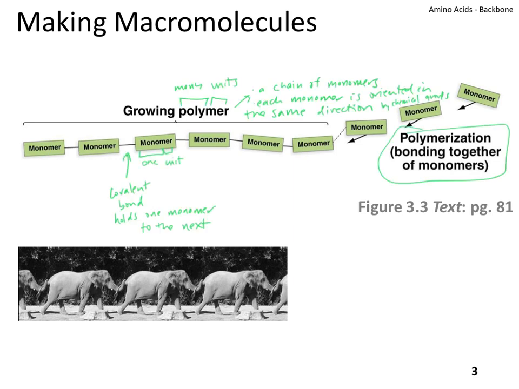And to talk through some of the text that I just wrote here. So basically, you can see that we have the polymer for many units as a chain of monomers. Monomer is one unit, and each monomer is going to be oriented in the same direction by chemical groups. Typically, the monomers are very similar, if not identical, to each other, and they're all bonded together in a row. Each of them is held to the next by a covalent bond. The process of adding a monomer to a chain is called polymerization, and so we're going to look at that